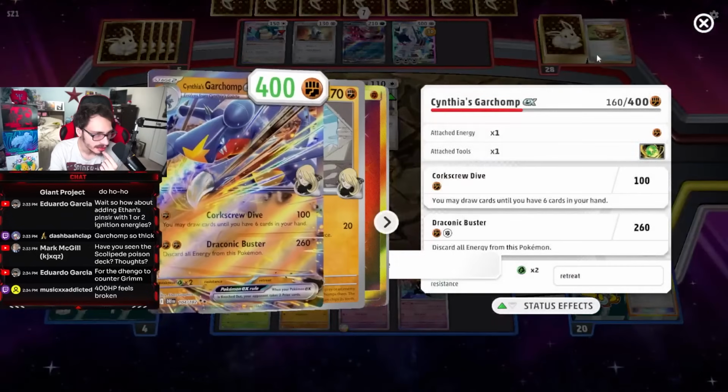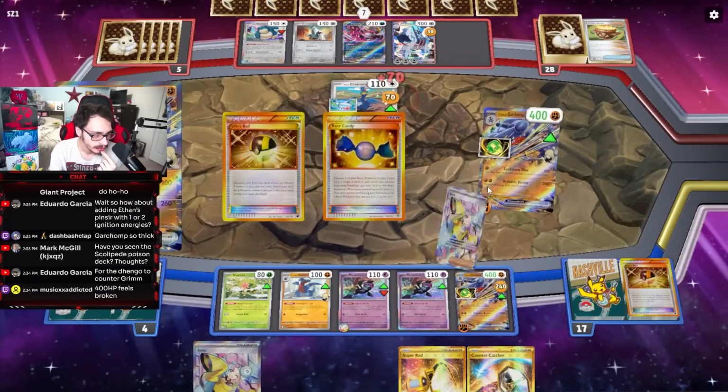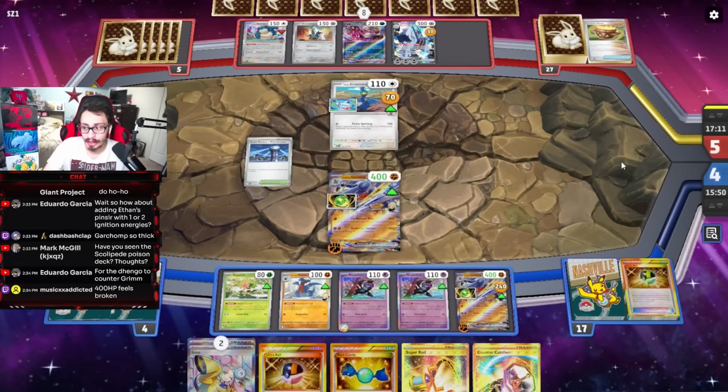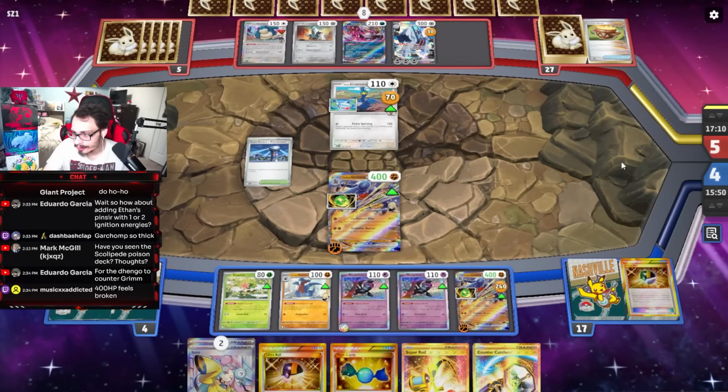Maybe I should have stayed in the active then. I don't think it mattered. It actually might matter. We just kill this with Munkidori next turn, I guess. It's fine. 4 HP is very broken. For the Dengo to counter Grim...